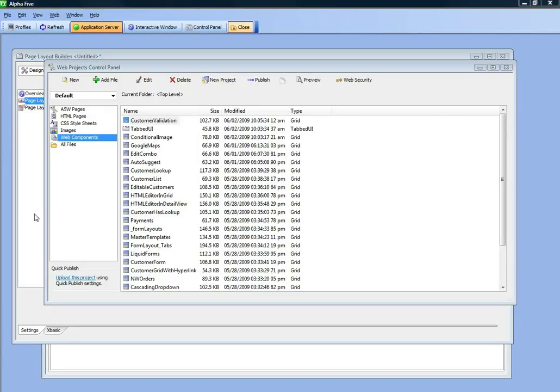In this video we'll create a new page layout component. The page layout component allows you to create a complex page layout with multiple objects on it, multiple grids, reports, etc., all laid out in a complex layout that might include tabs, containers,